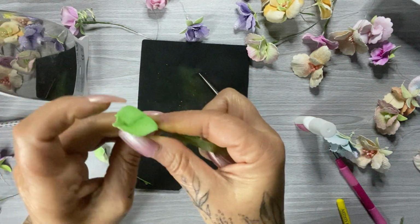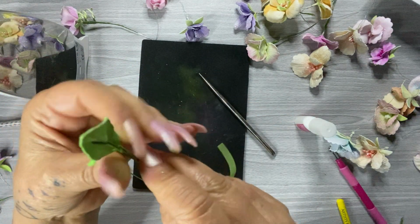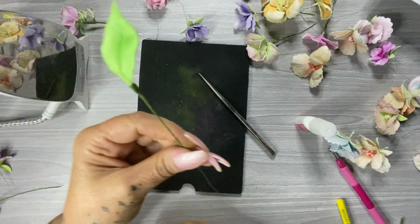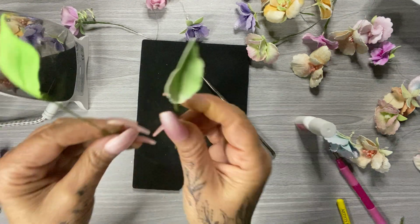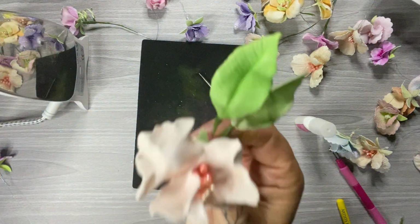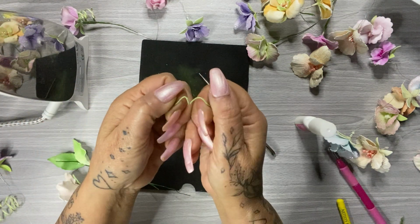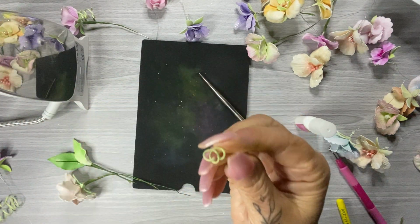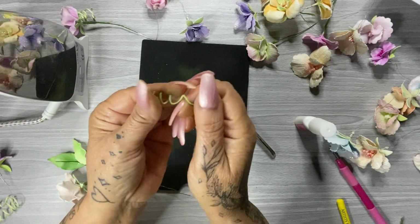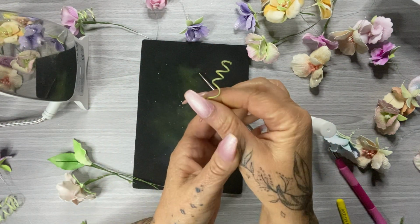down there, and you can use that either on a card, on a project, or you could use these sweet peas and put them in a vase. So many different ways that you can actually use these flowers. And there are your leaves. And then just to finish it off, so it really does look like a sweet pea, you can use a wire. So I've used, these are actually the bits from the stamens. Some of the stamens actually come on a wire, and I've just coloured the wire in green, and then I've gone down